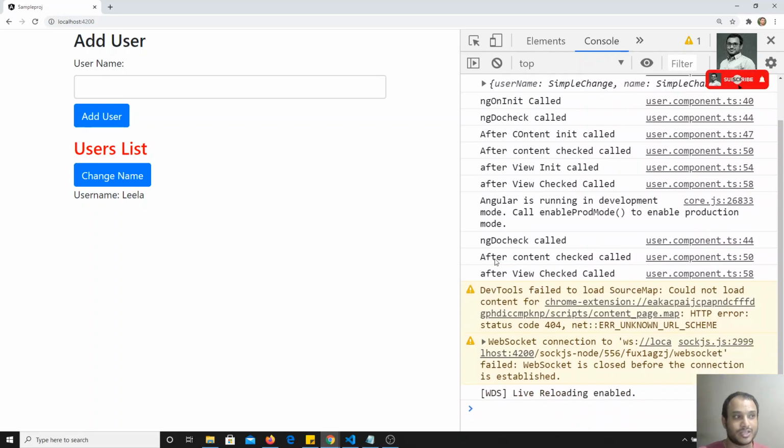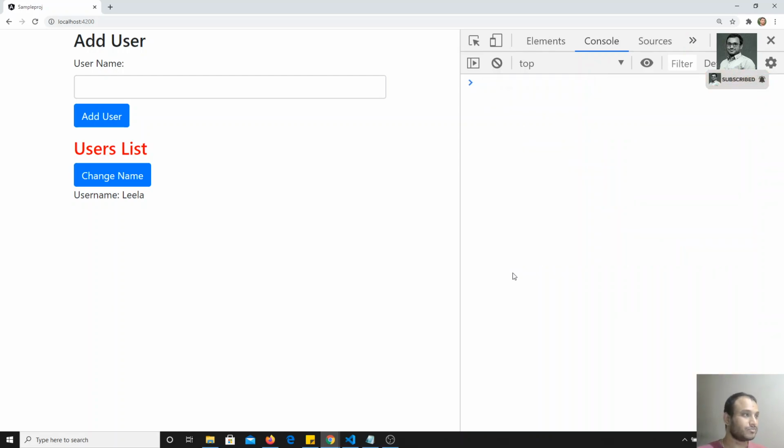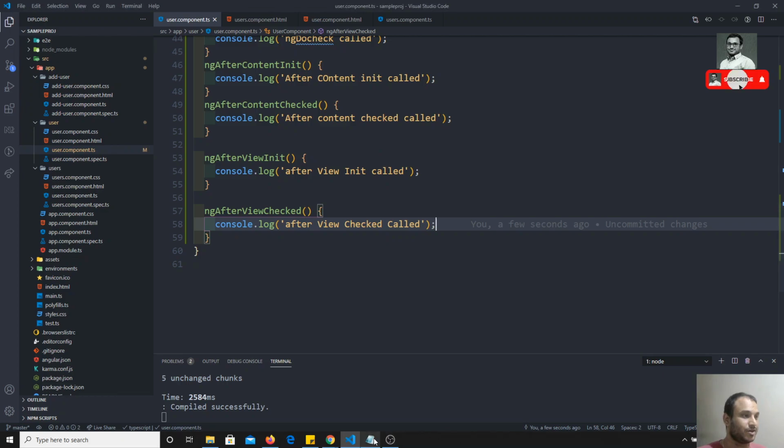So remember that ngDoCheck, ngAfterContentChecked and ngAfterViewChecked will be called every time there is any change in the content, any property or the view. These initializations will be called only one time when the component is initialized. Okay, so now we will go to the last thing.